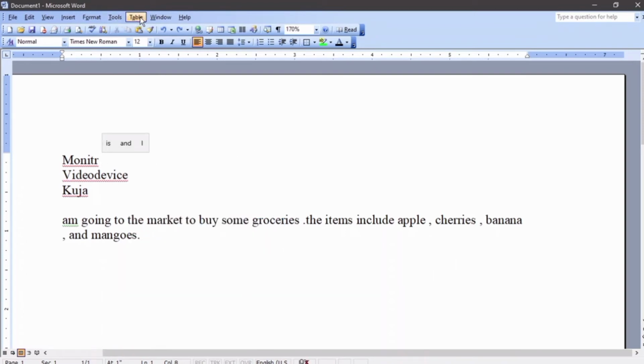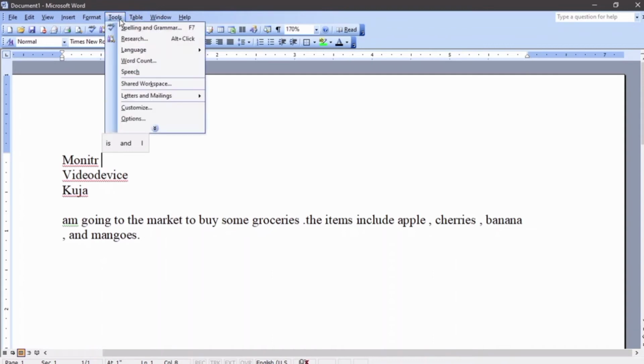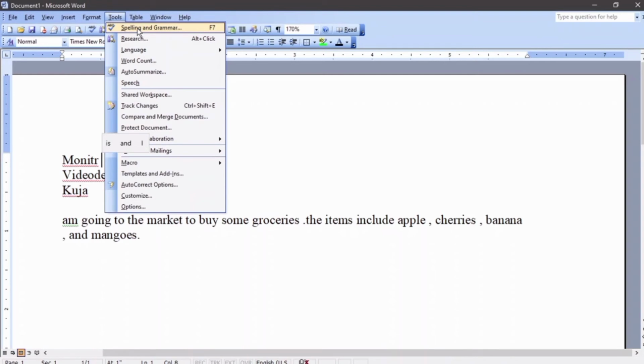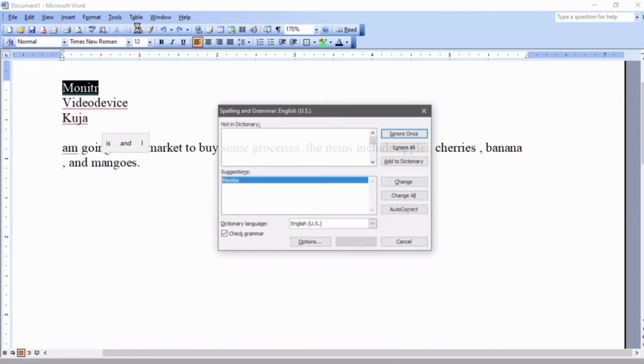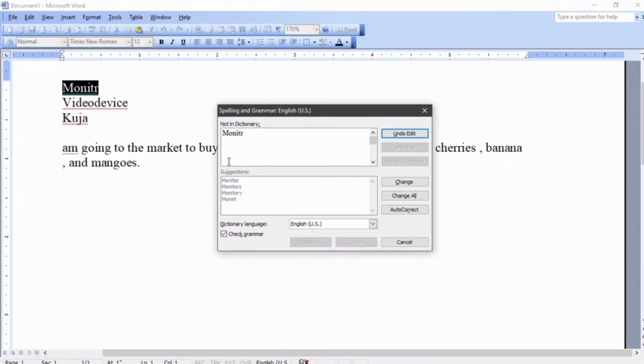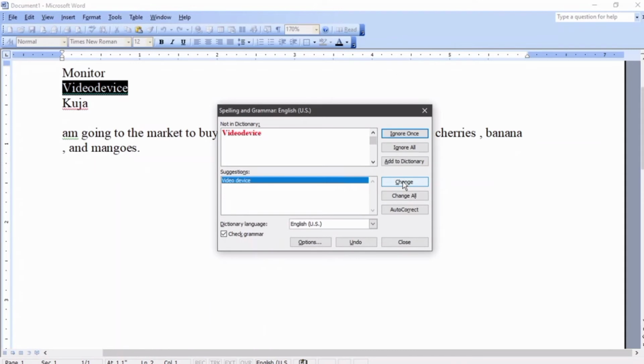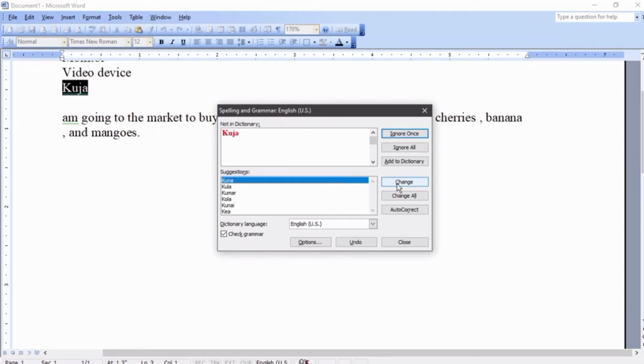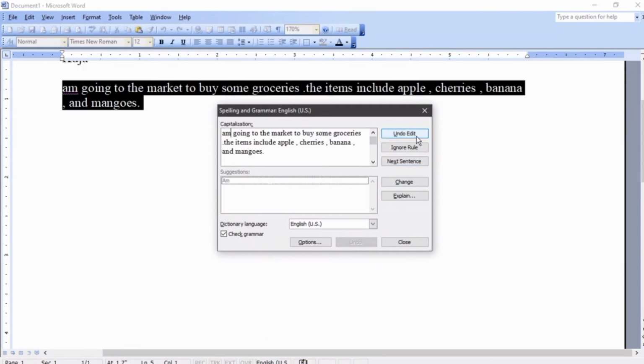Another way is to go to tools, and then spelling and grammar, or you press F7 on the keyboard. When you click it, it's going to show you all the errors that you have in your document. Monitor, and then you can say change. Video device, it's supposed to be this one with a space, change. This one, another one, we just use ignore once. And for the grammar, you use